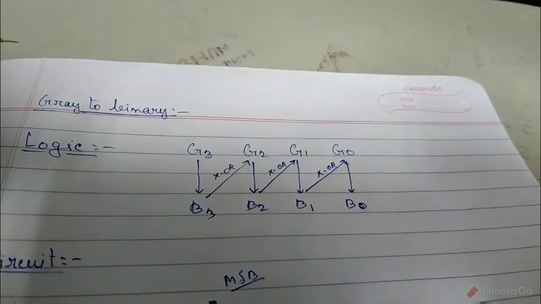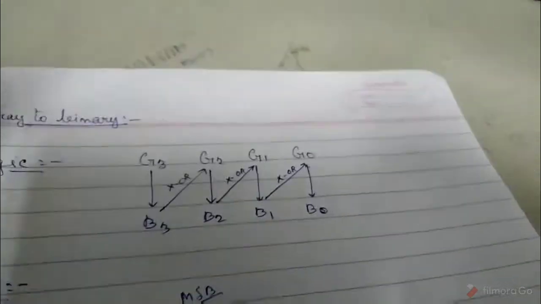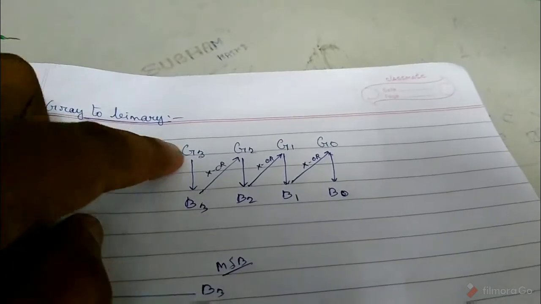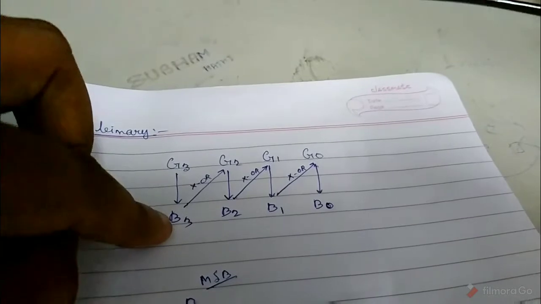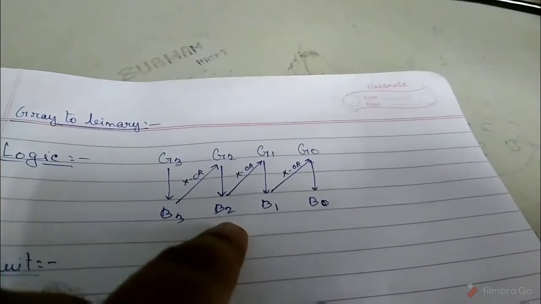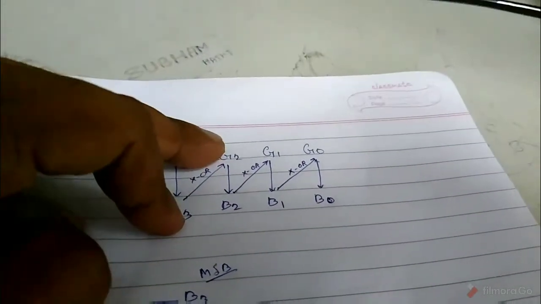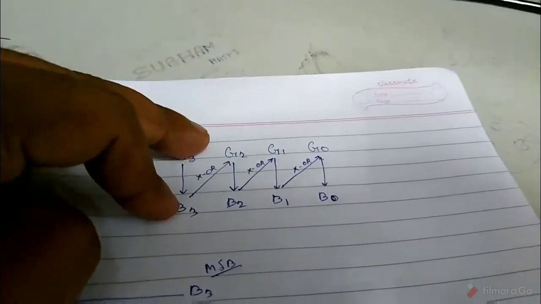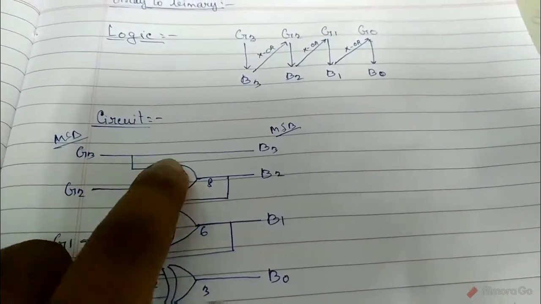This is the reverse connection. That means we are getting here gray numbers to binary numbers, and this is the logic here. Same, MSB becomes MSB, that means G3 becomes B3. This remains same. And how can I get B2? By adding an XOR gate between B3 and G2. That means the output of the present XOR gate goes to the input of the next XOR gate. This is the circuit. This is B2.